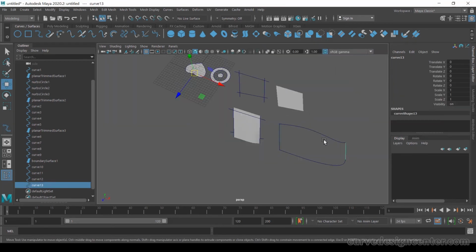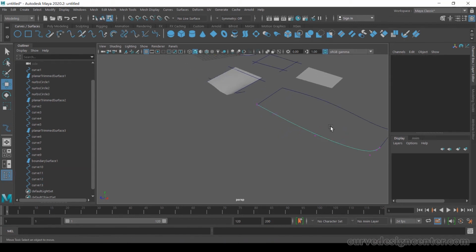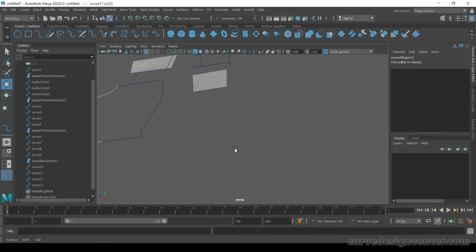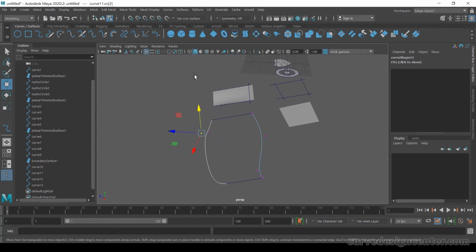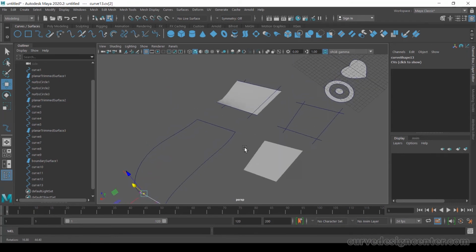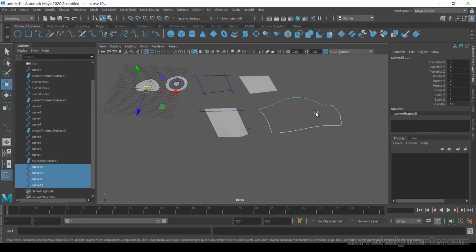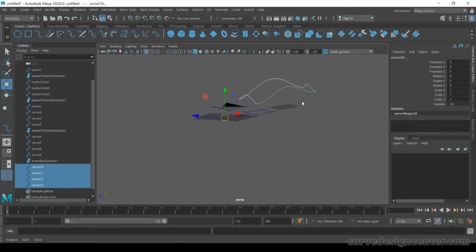Now go to the perspective viewport, select this curve and activate component mode. And if you want to make a curve shape like this, the planar tool will not apply to this type of shape, but the boundary tool can work on this type of curve.